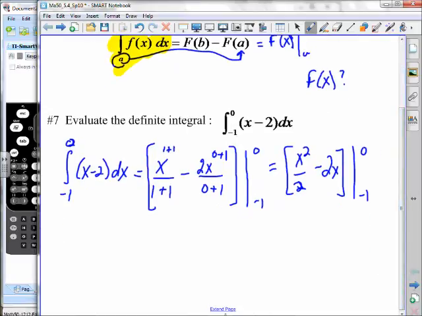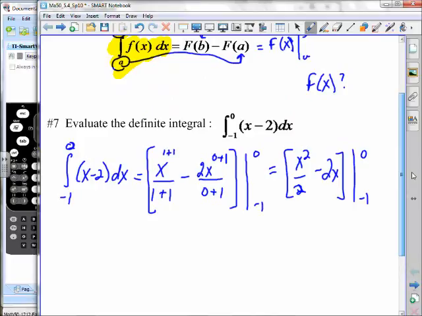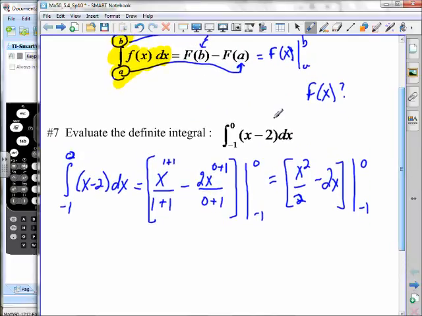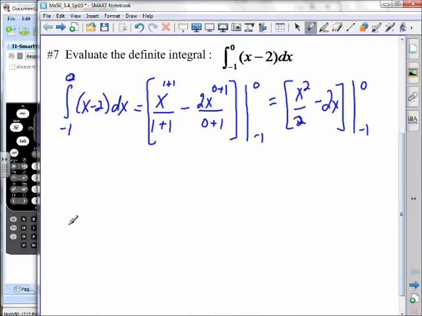Now, what we need to do, though, is to use the inputs. So I need to put the upper bound in first, find the value of the antiderivative at the upper bound, and then subtract, when I put the lower bound in. So we then end up with this. I'm going to put these in brackets. This would be 0 squared divided by 2 minus 2 times 0. Now this is F of 0